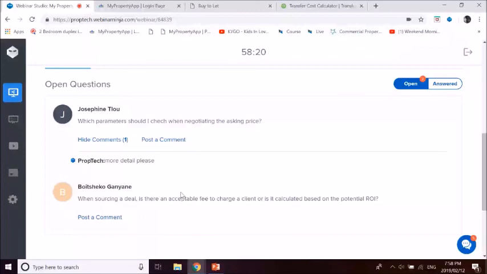Julianne asks: I invest in holiday rentals, B&B and Airbnb. Will you be able to adapt the app to accommodate this? So Julianne, I'm not exactly sure what more would be needed. I'm very happy to sit with you on a call or have a chat with you to understand how this app could be enhanced for that specific need, because you could get your rentals, you could determine what your cash flow could be. But I would be very interested to sit down with you, maybe on Skype, and get an understanding from you as to what would be needed in the app to cater for Airbnb. I think it is sufficient for you to do a high-level analysis, but we are very willing to adapt the app and make sure it meets everybody's needs.